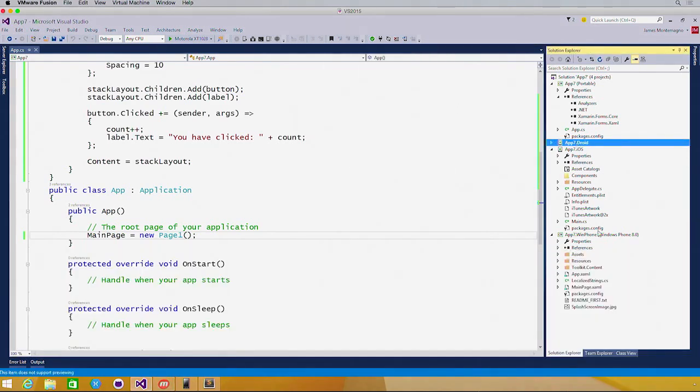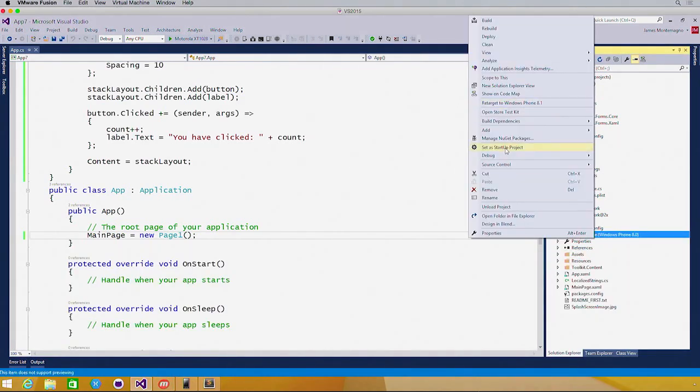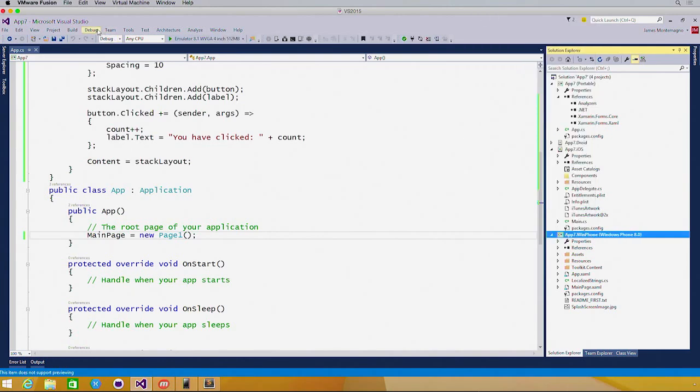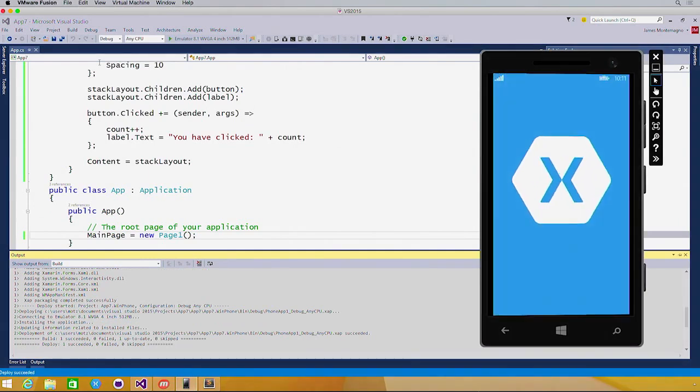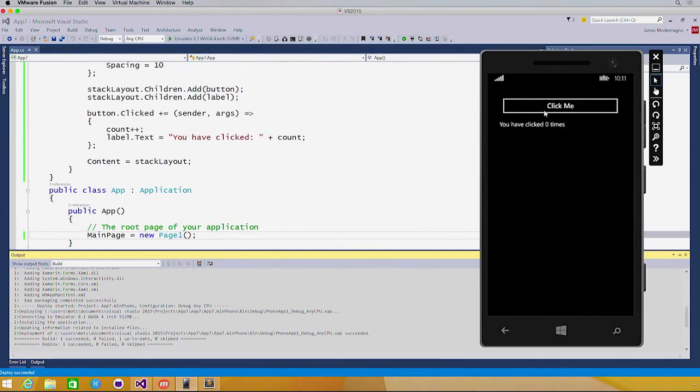Let's see what this looks like on Windows Phone. There you have it, a Windows Phone button and the same code and logic from the UI and the business logic all being shared across iOS, Android, and Windows Phone. Obviously now we'd build out our full application with more models and views, but that was just a quick look